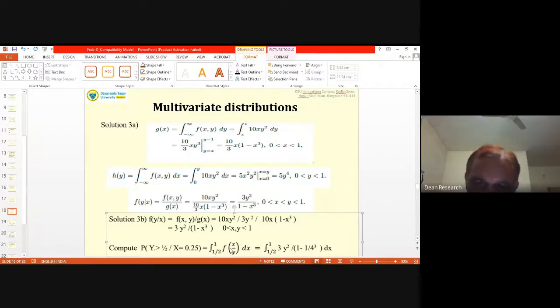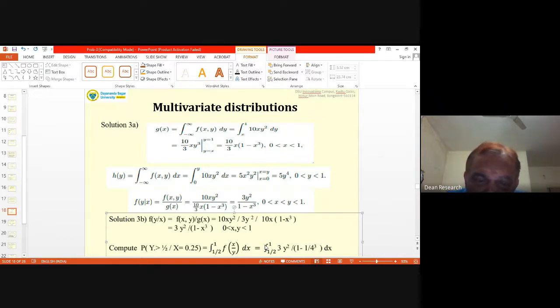Yeah, you are right. It is an f of y given x. I don't know how it happened. In fact, in my notebook it is perfect, but when I copied here, there was a small problem. So f of y given x is, say, substitute here.